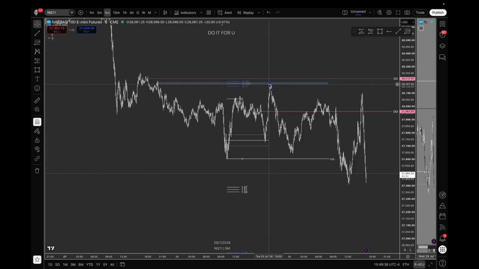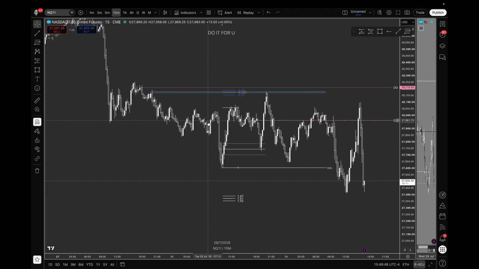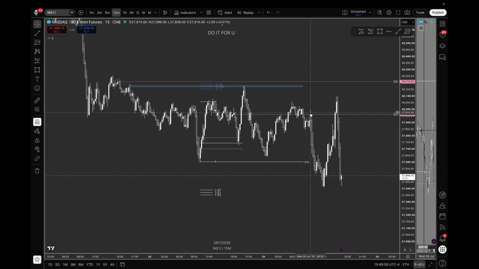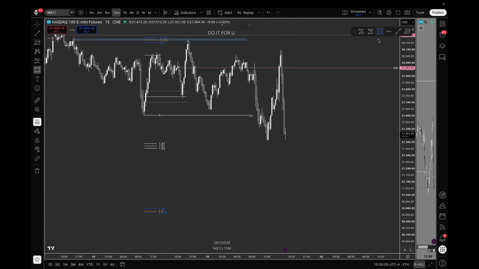We distribute, but this was our high time frame. If you look at the 4-hour, consolidating, high time frame manipulation, and now we're distributing. All consolidation, manipulation right here, distributing. Now we distributed lower, consolidation, we had our little manipulation, distribution, same thing, came back up here just like this, and now we're reloading. So now my next thing would be some form of consolidation, some form of downtrend, or even an uptrend,